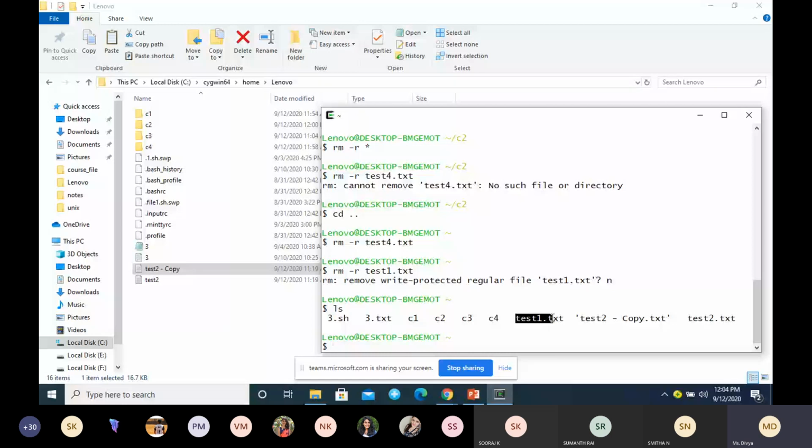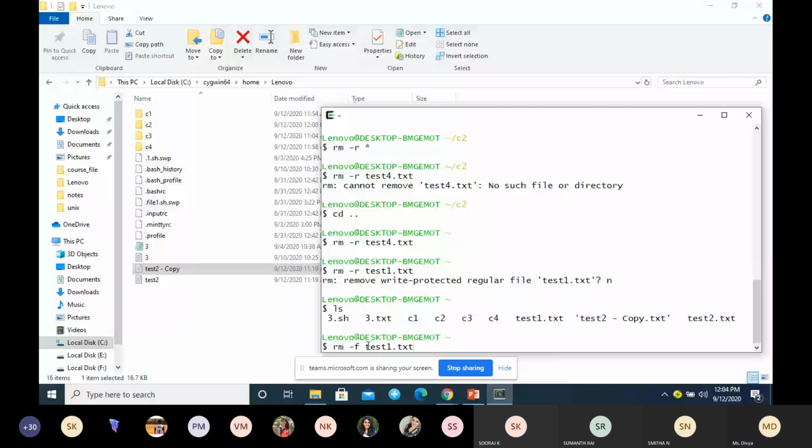It is not deleted, it is already there. But if I use the option -f with test1.txt, it will forcefully remove this file. It is a write protected file and it is a hidden file. I have marked it as hidden and it is write protected. I have made it read only, so that is why it is not showing here. So now I want to delete this hidden file, which is write protected, with the option -f.